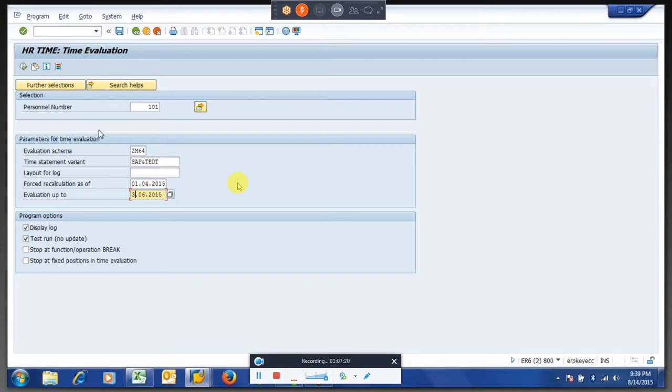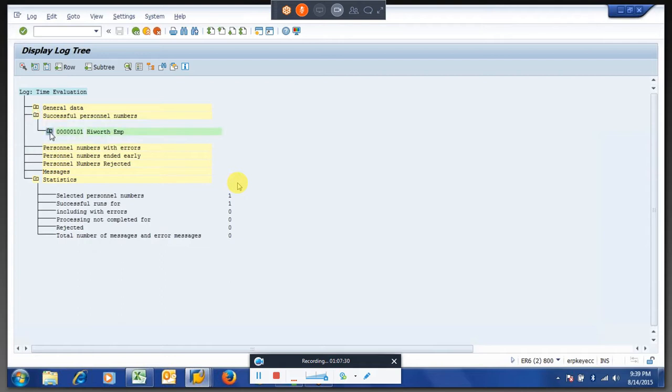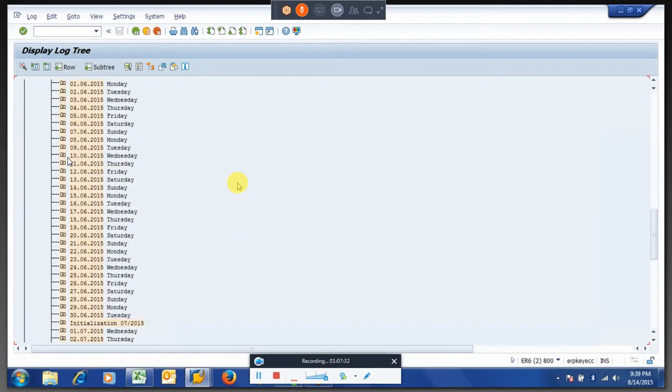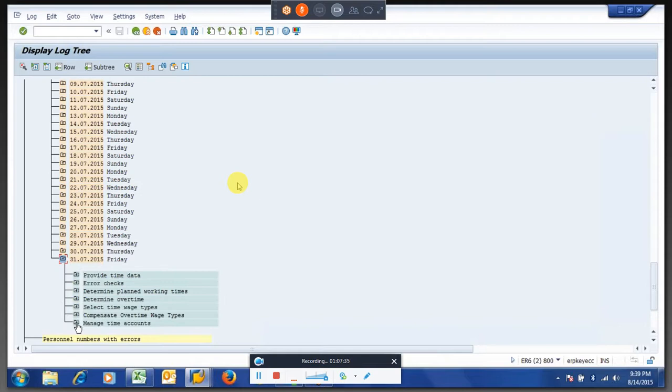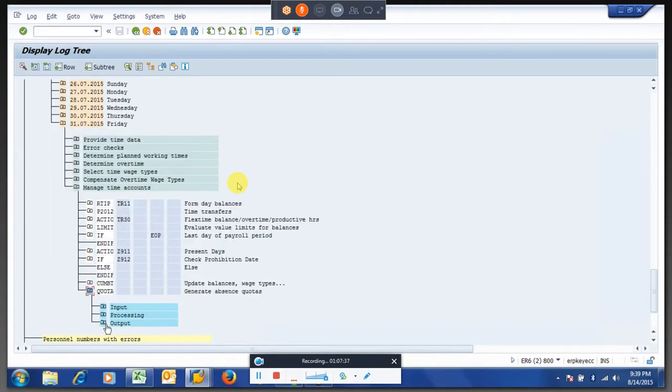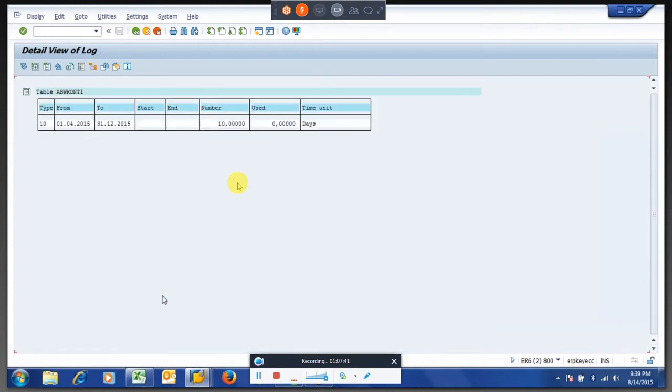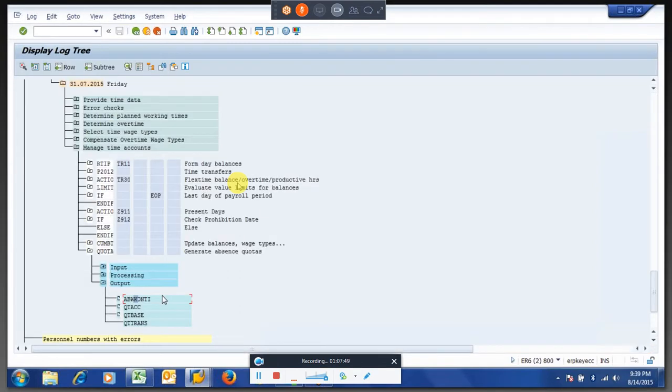So if I run now, for July it should come as output 10 on 0 because we made that 0. So this is the exact value. Month on month it will generate like this. This is the topic which I wanted to explain for the day.